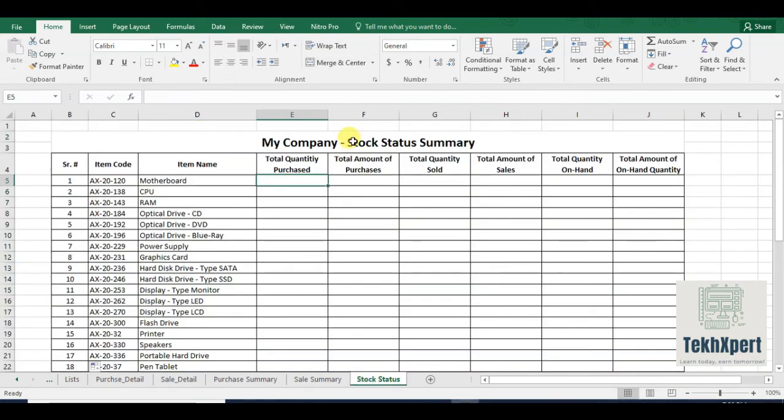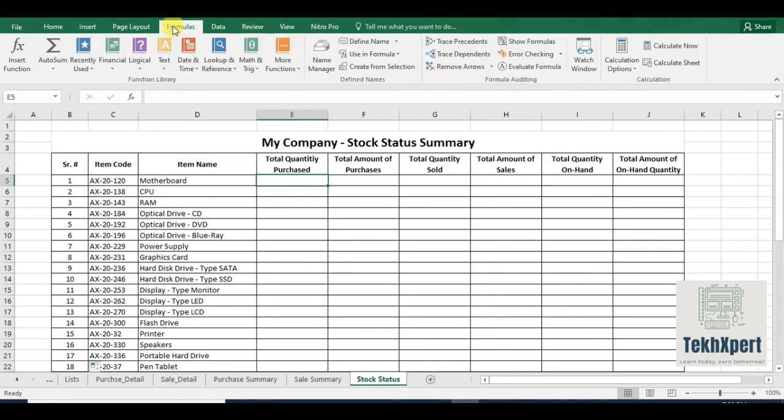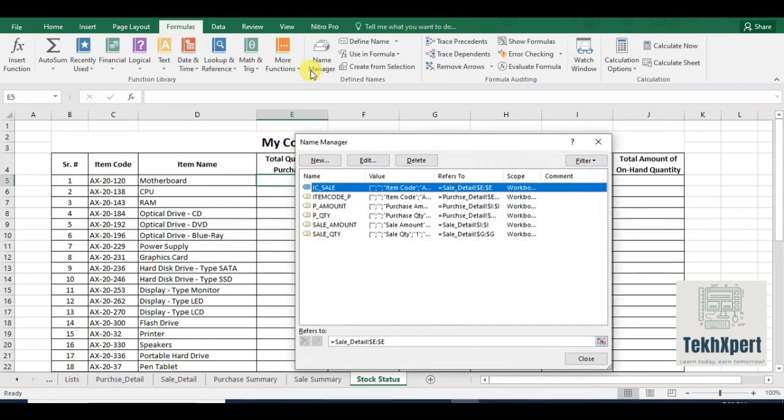If you can't remember, then you can also check that from name manager, and that is available in formula, name manager. You can see that we have used these names so far: IC underscore sale, item code underscore sale, item code underscore P, item code underscore purchase, P underscore amount, purchase amount, P underscore quantity, purchase quantity.